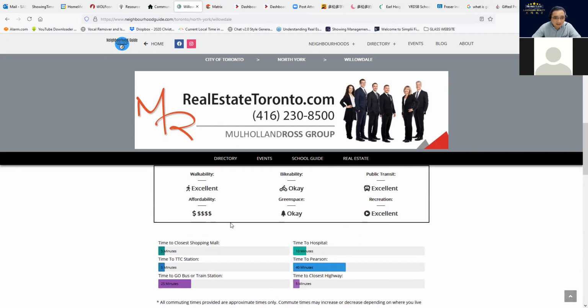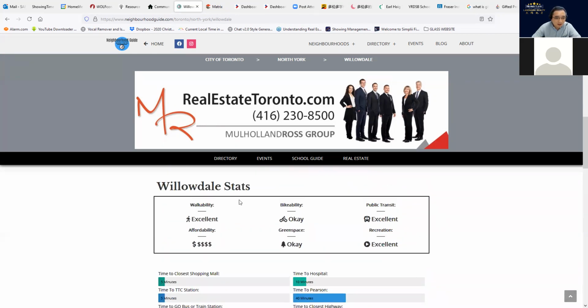And other than that, we can see the Willowdale walkability is very excellent. They give you the ranking, and also if you want to ride a bicycle, they give you the bike ability and also the public transit.